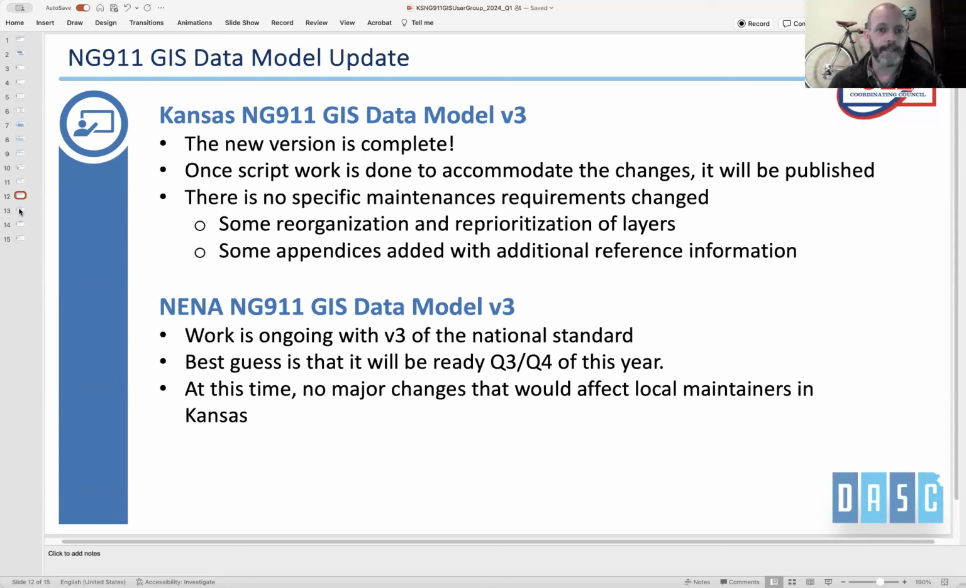And then along a similar vein, the NENA NG911 GIS data model version 3 is ongoing. Sherry's involved with that on a regular basis. They're getting pretty close for what they do progress-wise. It's a little bit slow with the national system, but she's hoping towards the end of this year that'll be